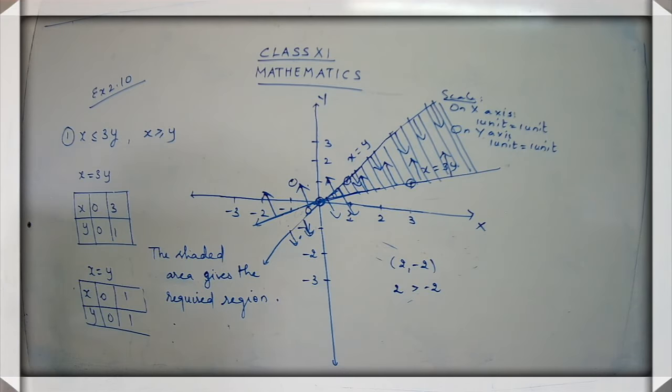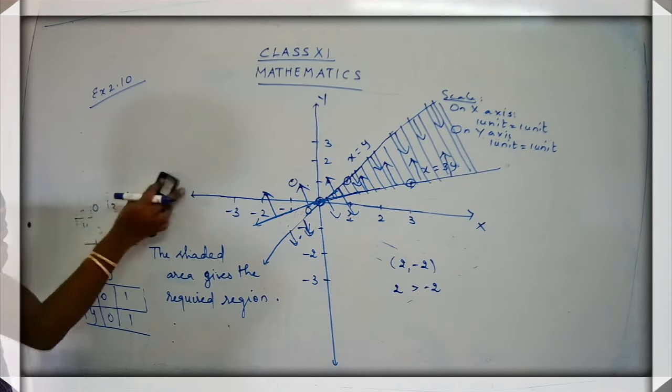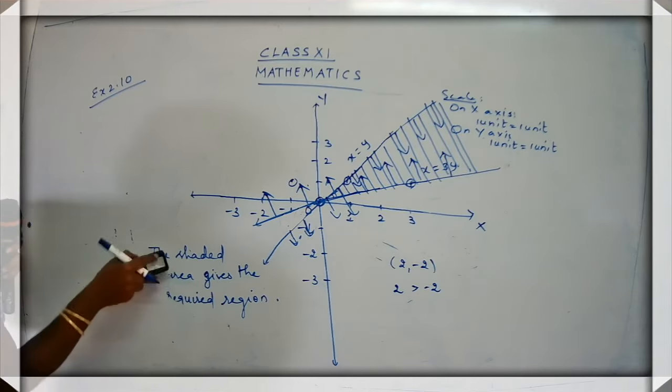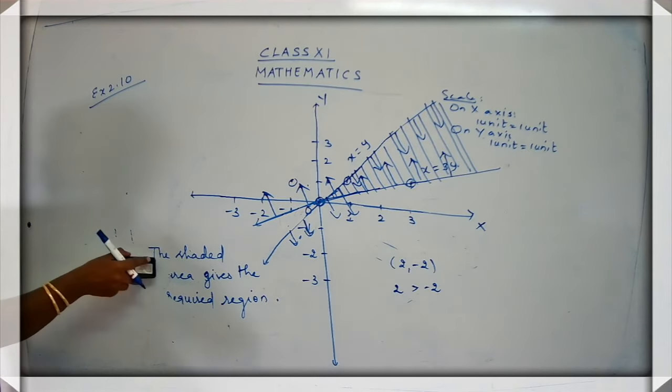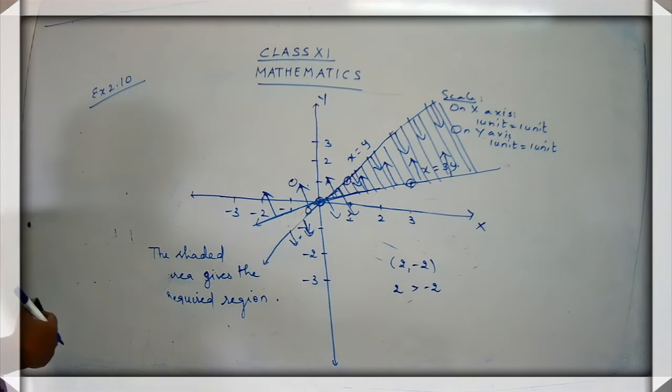Because second one is dealing with 2 inequalities. And already we have done a sum on 2 inequalities. So you can try out the second sum. The third sum deals with 3 inequality. So I'll be doing with the third one now. So take down the third one now. Have you taken on the final answer? You have to write on the final answer at the back of the graph paper, the plain paper.